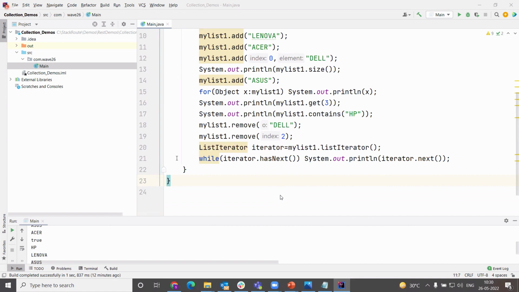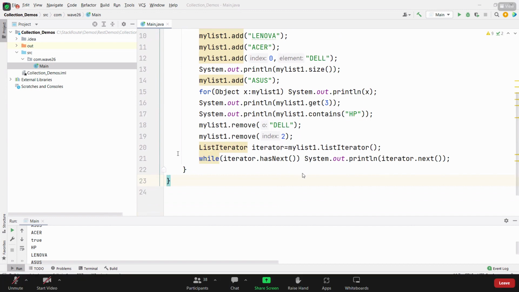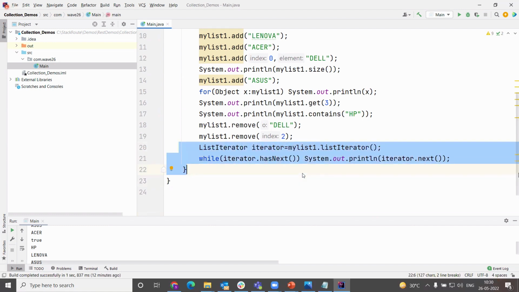Whenever we have a collection, we want to traverse all the values, one after another. To traverse one after another, these many days we have used for loops, either a for loop or an enhanced for. In a collection, which is a collection of objects, to traverse the elements, apart from the regular for loop and enhanced for loop,